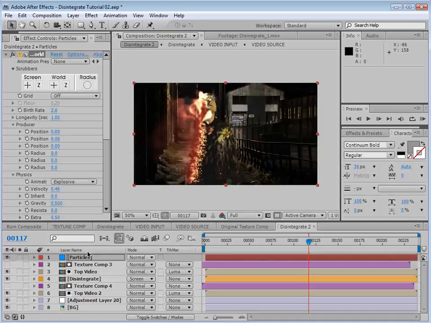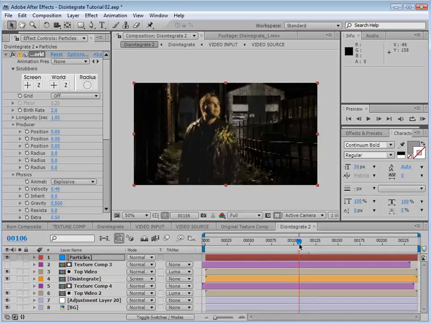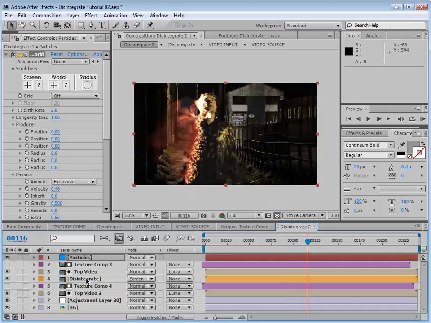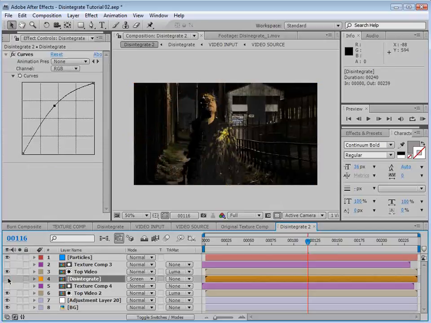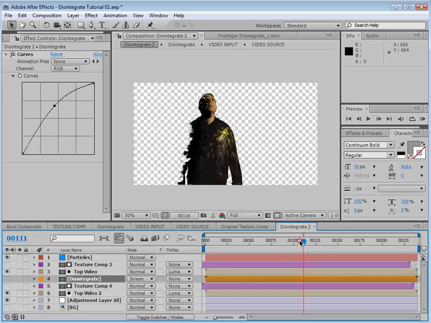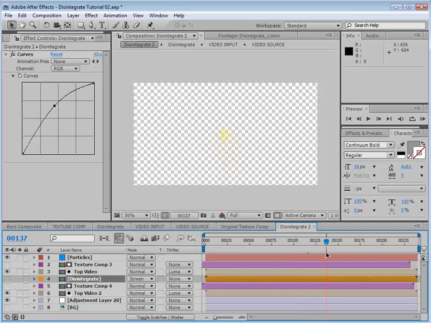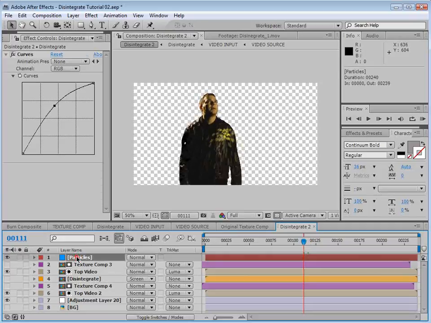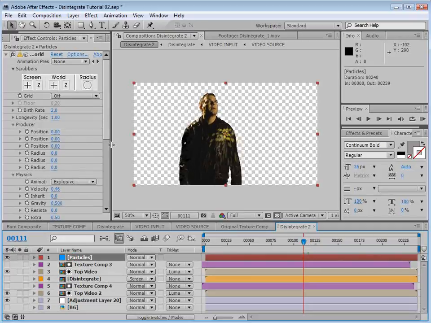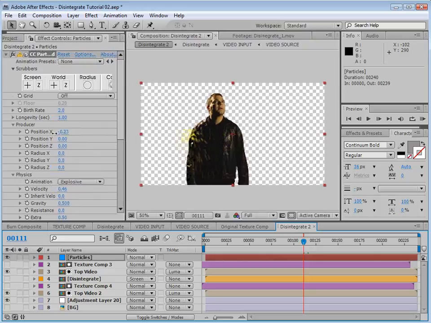And then we need to animate this. And we don't want to animate with the fire because the fire takes a little longer to render, so we'll shut that off. And we'll just use the animation of it burning away as the reference. So it starts about right here and it burns away to about here. So we'll start here, take our particles, move the position X over to the left here,